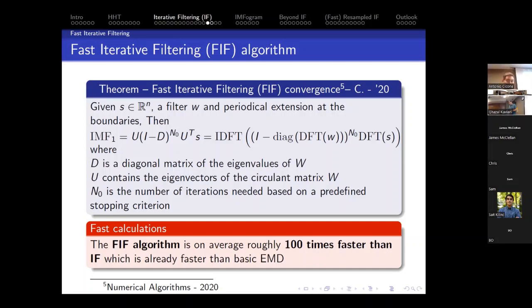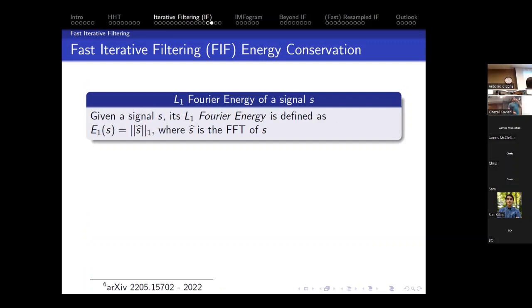Anyway, more that we discovered recently, we have a paper on arXiv. We discovered that one of the big problems with EMD, besides stability and convergence, is that you cannot preserve energy because the IMFs are known to be non-orthogonal, which means you take the L2 norm, so the energy of the signal, and the L2 norm of the IMFs, and the summation of the energy of the IMFs does not match the energy of the original signal. Why? Because of this non-orthogonality of the IMFs.